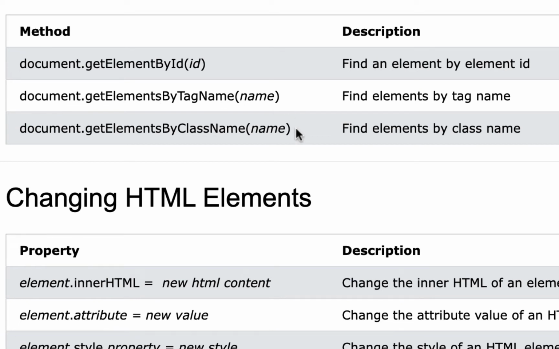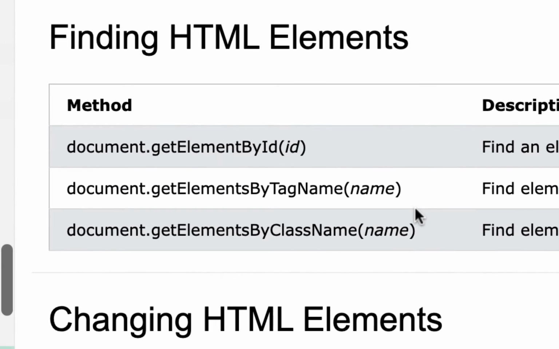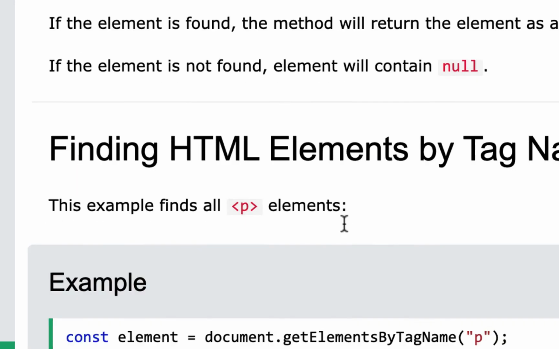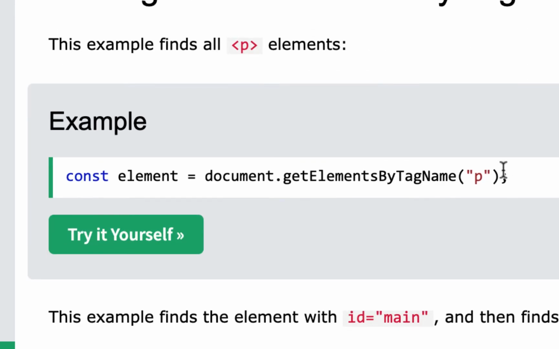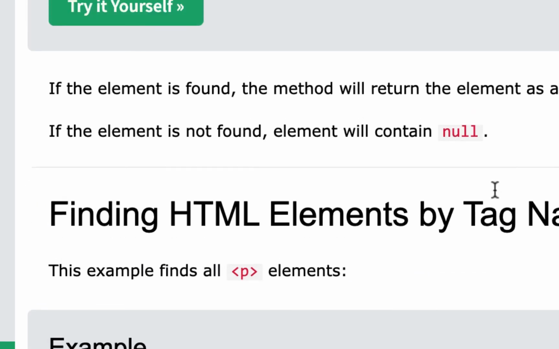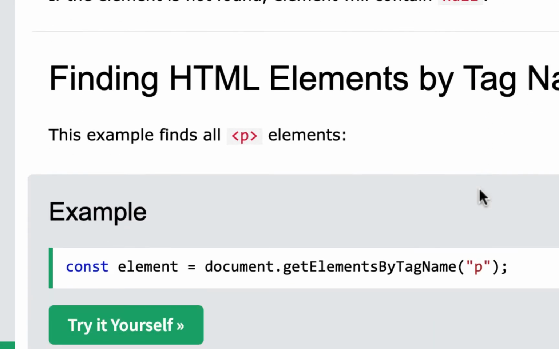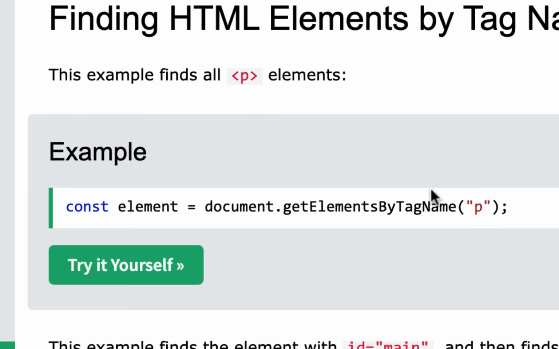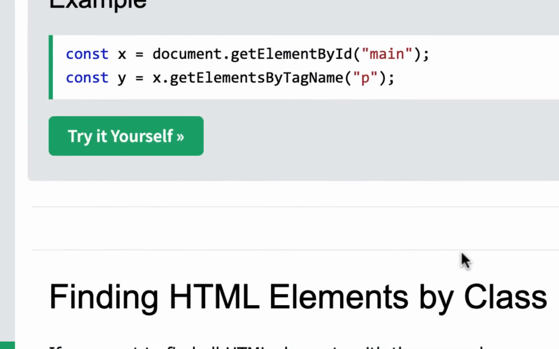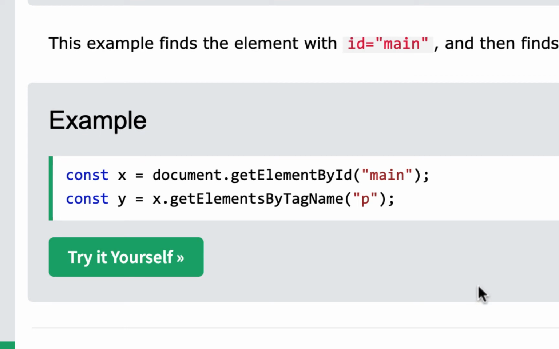And then you put in the tag name, and you still have to put it in a quote. Now, when you look at some of this stuff, and you see some of the examples as you go in here, here's finding elements by tag name, and you can see it's using a P in quotes. Now what it does is it finds a node list. If you read this, it'll actually find a node list. So it won't just find the element and change things on it, and you'll see what I mean when you do that. And that I had to look up and find stuff, because you would think it just works really